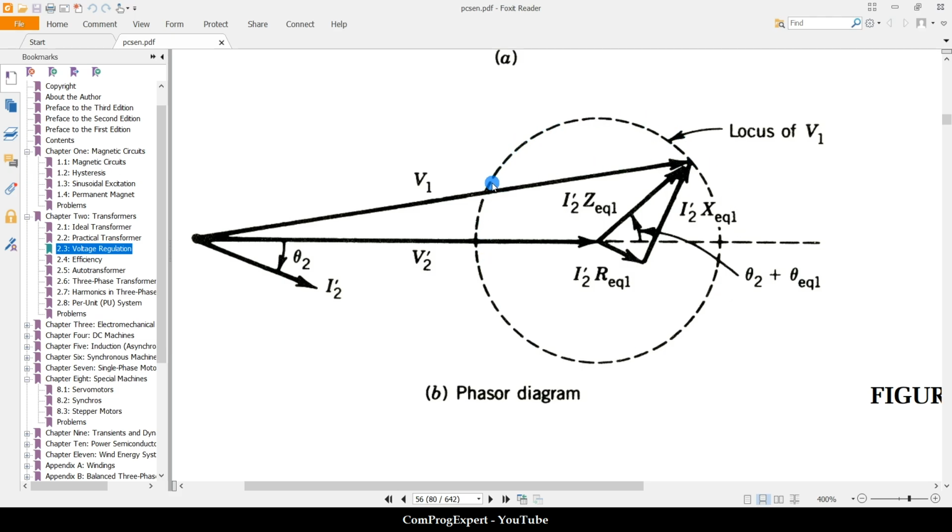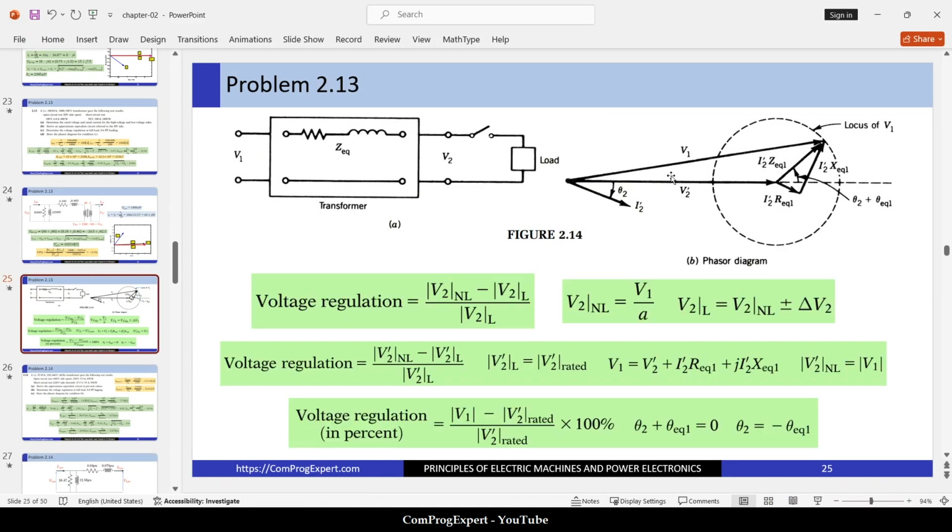So for a fixed load current amplitude and a varying power factor, the maximum voltage regulation occurs when we have maximum amplitude in V1. And according to this figure, when we have a maximum value for V1,